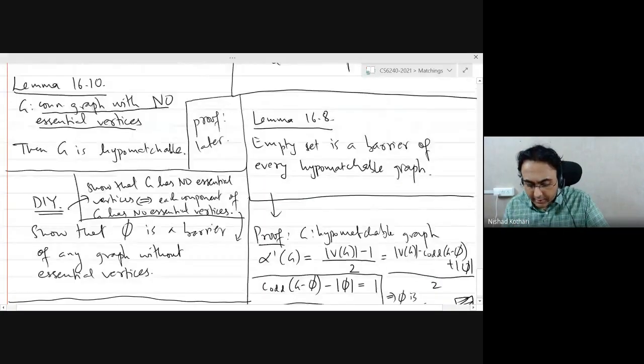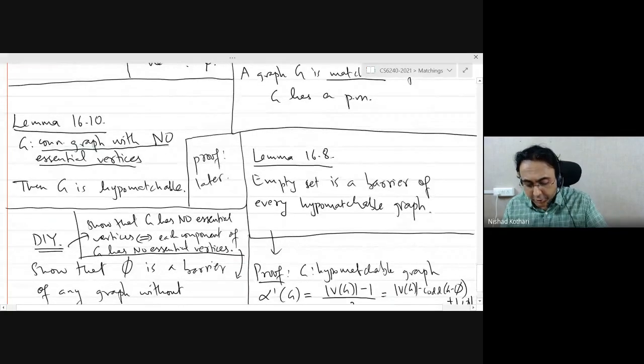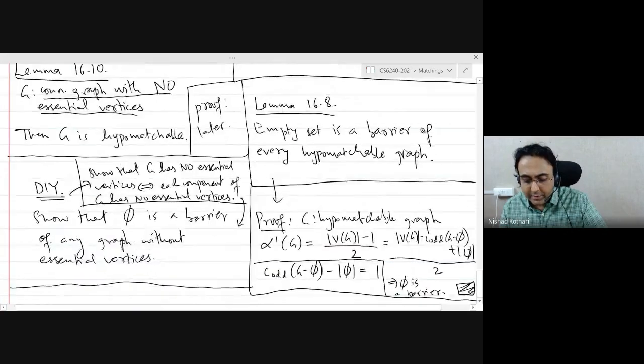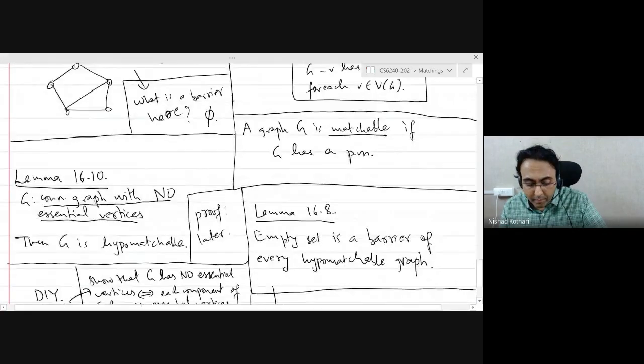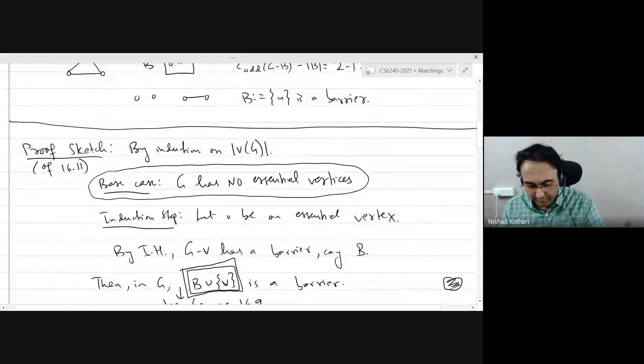Okay, so that's it. So the only thing that we now need to show is that connected graphs with no essential vertices are indeed hypomatchable, because we have already shown that in the case of hypomatchable graphs, the empty set is a barrier, right? And that settles the base case of our proof.